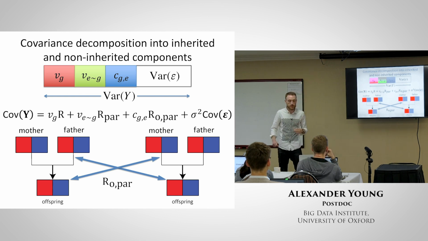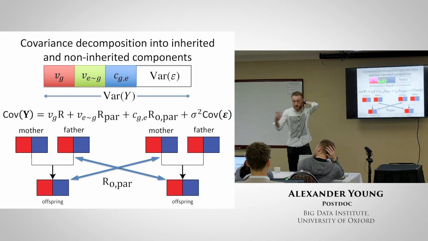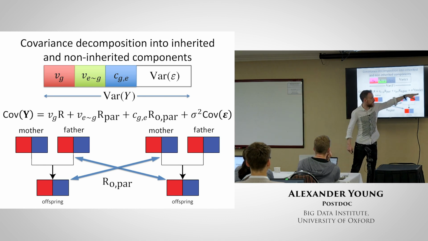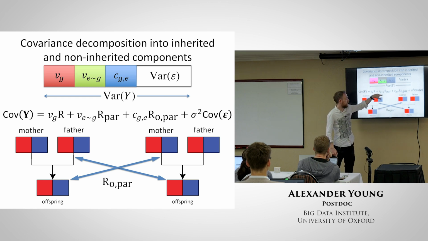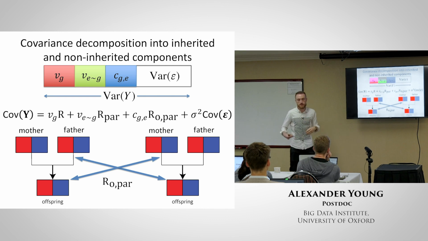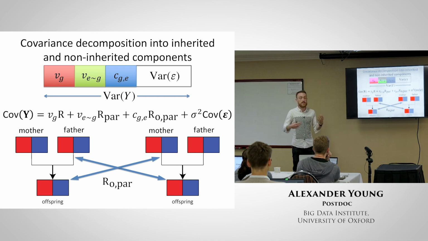I'll go into that a bit more later, but I did get estimates of all these components. I didn't really emphasize them in my paper because, since there's unknown residual environmental covariance, these can pick up bias from that, whereas the direct component doesn't. So the estimation of these components is trickier. You can see them as nuisance parameters if you're just interested in heritability, but they are of interest; actually estimating them accurately is challenging.